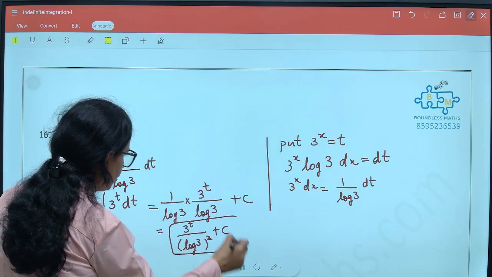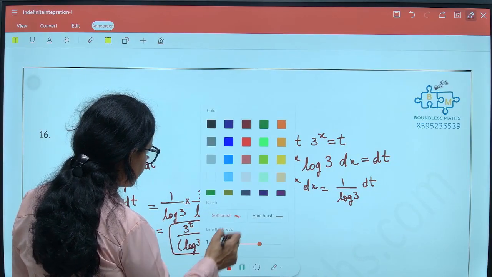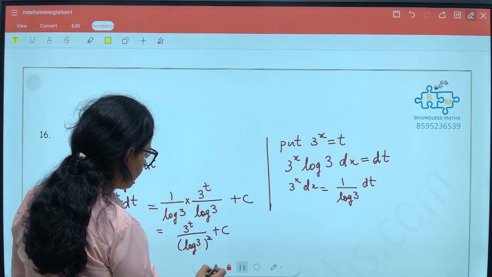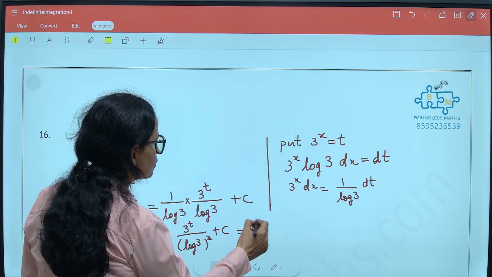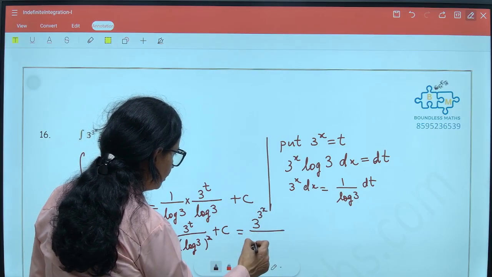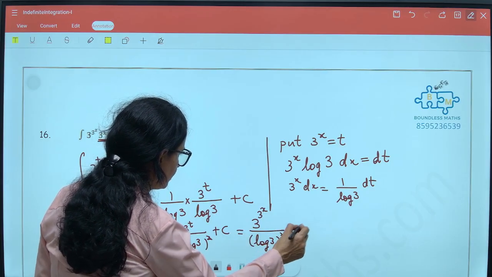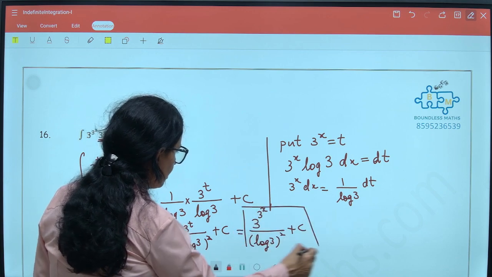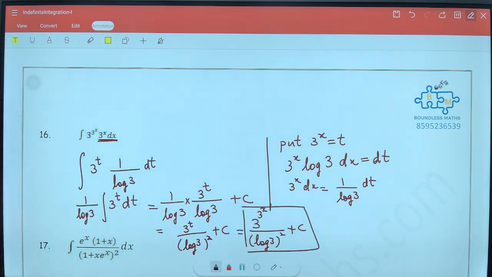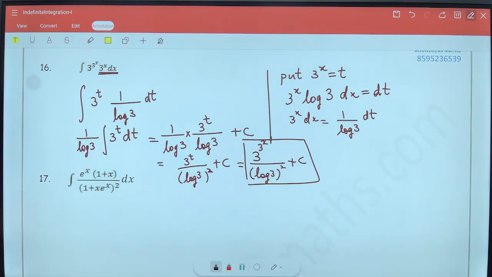So this is your final answer. No, not the final answer, because you need to replace t by the original expression in x. So this becomes 3 to the power x upon (log 3) whole square plus c. So that means this is your answer eventually. Hope you understood. The next question: